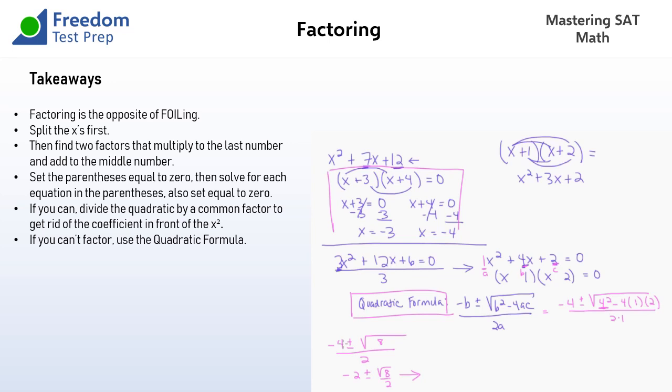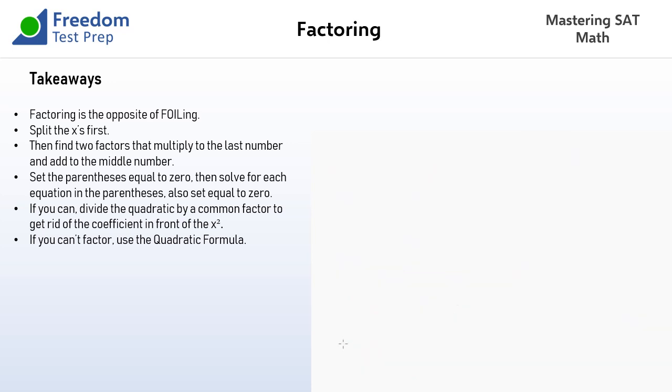Okay, so now let's see. What other variations could there be? All right, well, here's one. I'm going to clear the decks here. Okay, so let's say we have a fraction that needs to be factored. Some portion of it needs to be factored. So let's say we've got this problem, and they're telling us they want us to solve for x, but they're saying for what value of x is this fraction